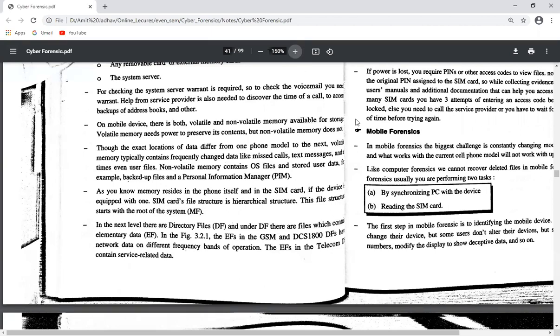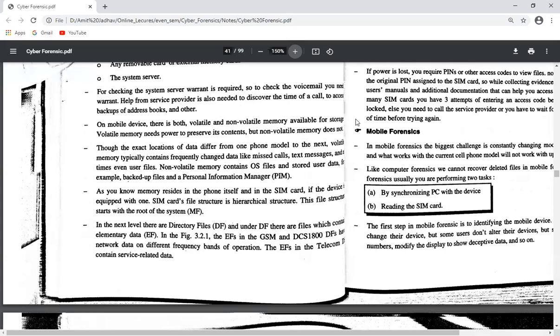Here we end our third chapter, that is cell phone and mobile device forensics, and here we have completed our first unit. So the questions that should be asked for the exam are: what type of information does the mobile phone contain? Explain the digital network for mobile phones. Explain the technologies where the 4G network can be used. What are the main components used with the cell phone for communication? Explain the acquisition procedure for cell phones and mobile devices. Explain mobile forensics. And the last one is explain the SIM card reader and problems with the SIM card reader.